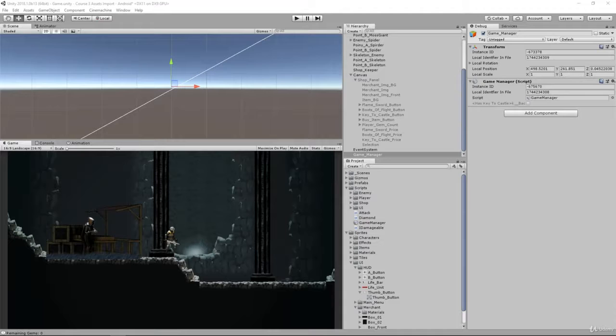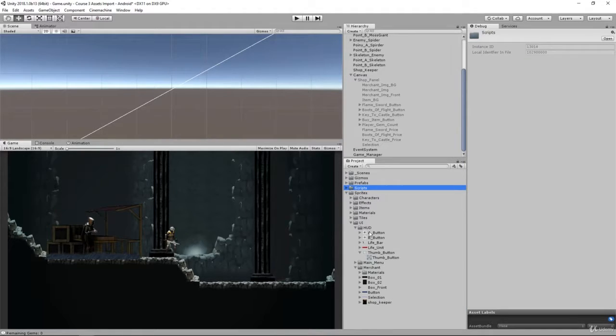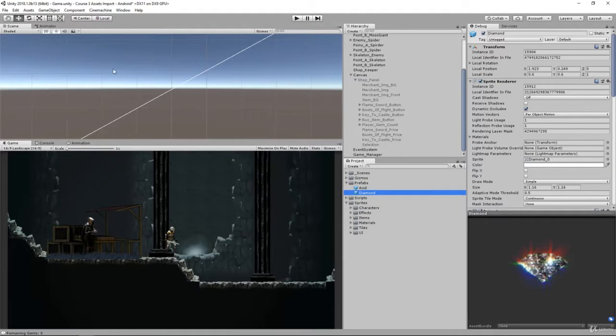Before we get to creating our player's UI, let's go ahead and create gems for our player to collect. If you remember from the previous videos on the intro to tile map, we can basically paint a prefab, and that prefab is going to be our diamond. So what we want to do is paint this across our map just so we can collect